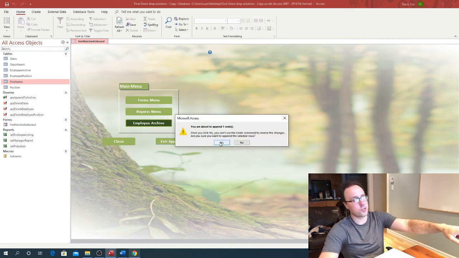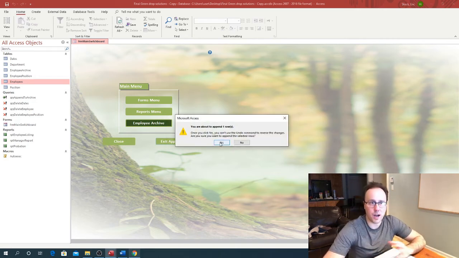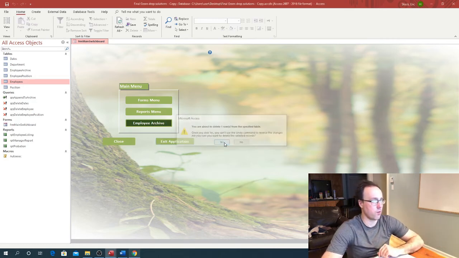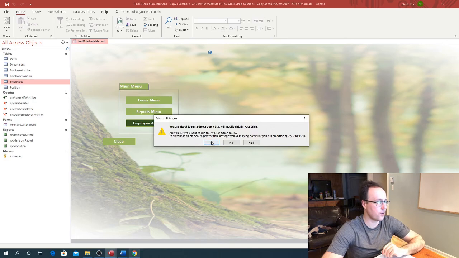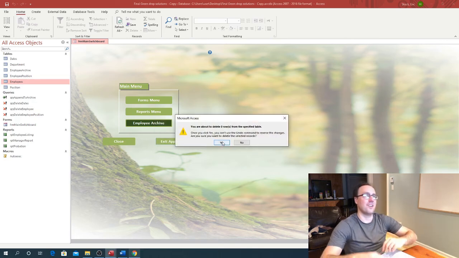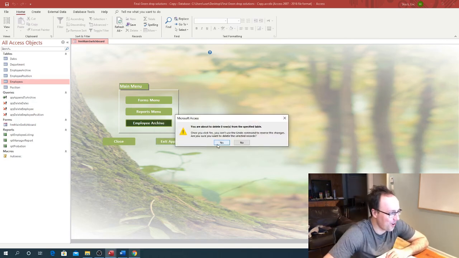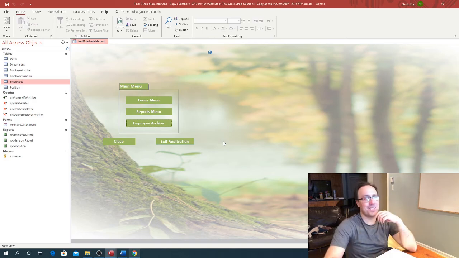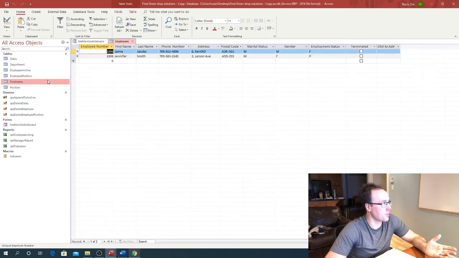Okay, so this is good news. It's going to append 1 row to my archive. That's good. And now it's going to run a delete. It's going to delete 1 row. It's going to delete another row. Oh no, it's going to delete 0 rows. So it didn't quite work. That's not good. So if I go and open up my tables now,